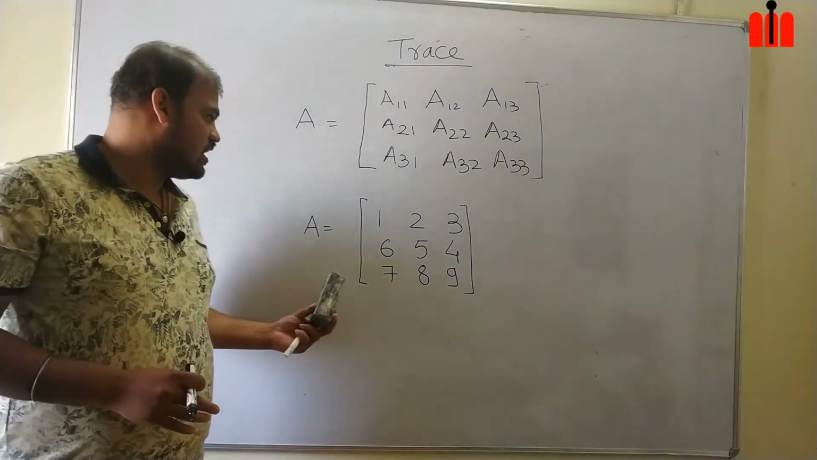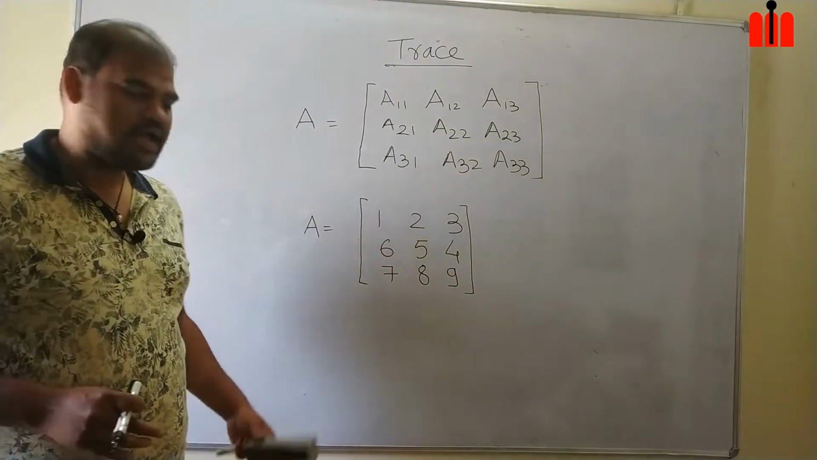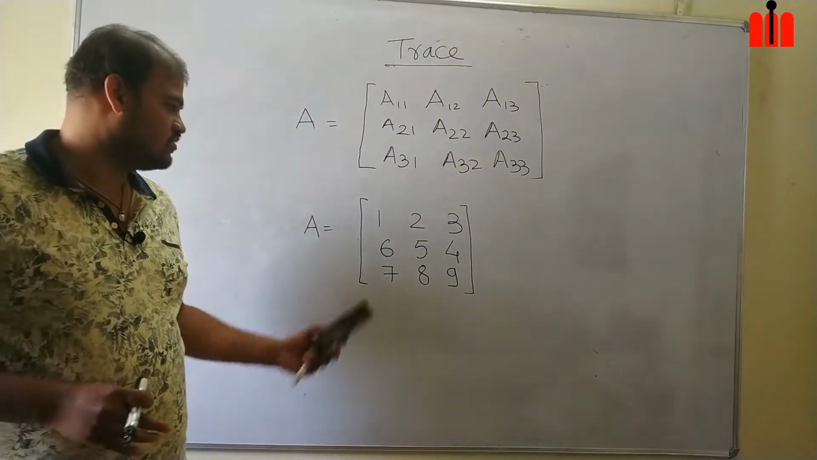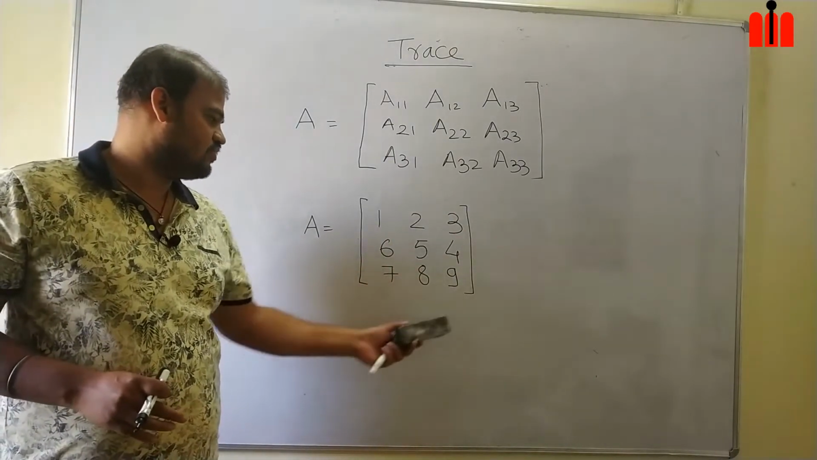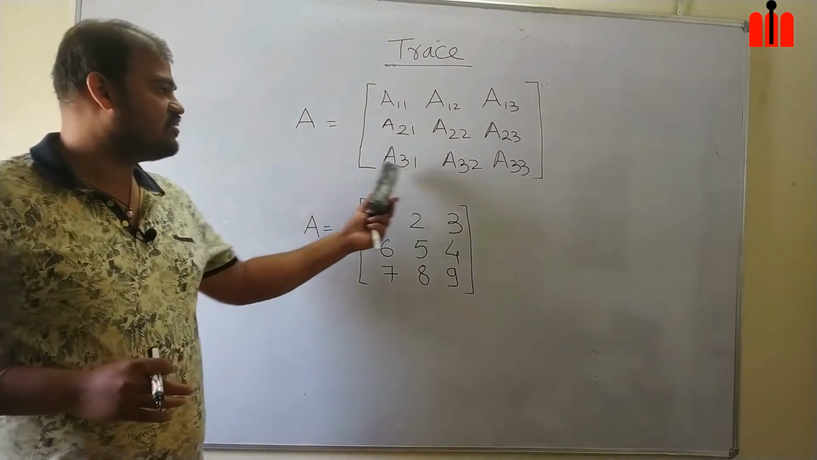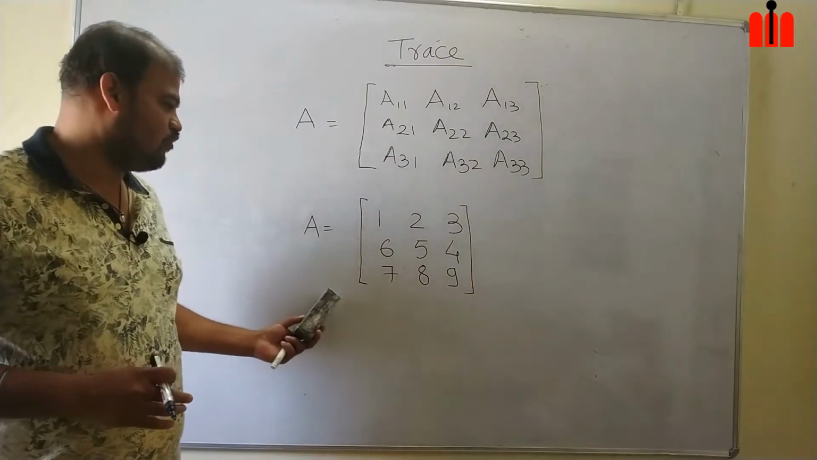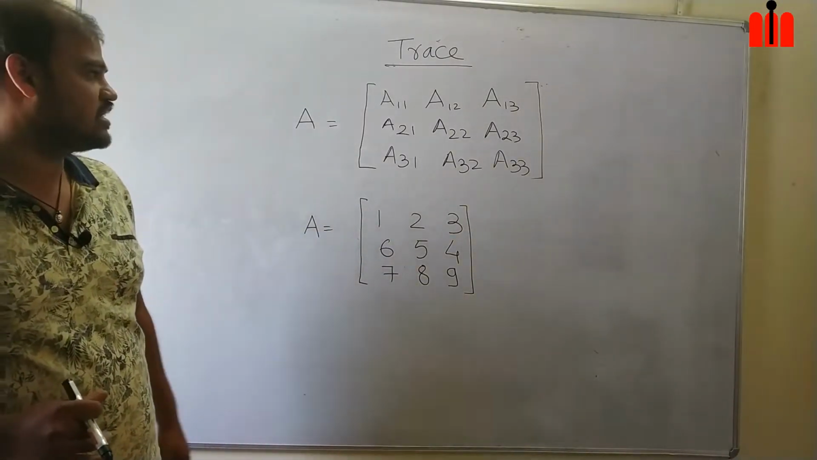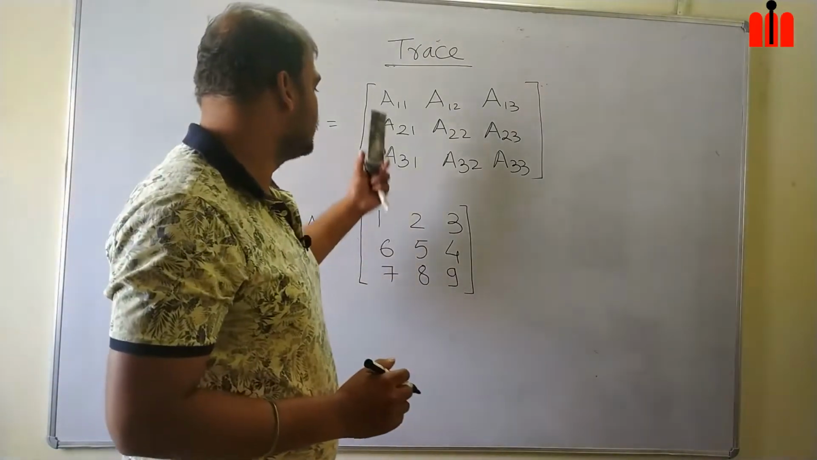Now, what I will do, I had prepared one matrix with the numbers 1, 2, 3, 6, 5, 4, 7, 8, 9. Okay. We will understand what is the trace and we will perform that operation in this matrix, right? Okay, chalo, let's get started. So, trace for this,